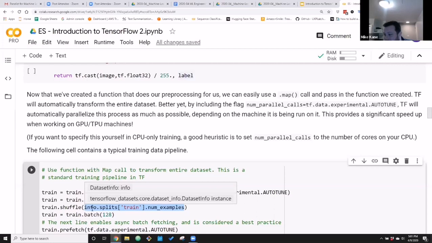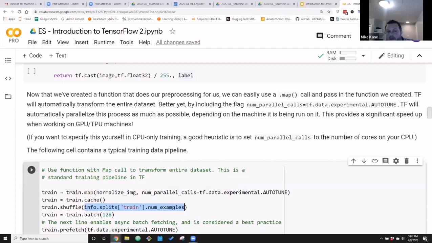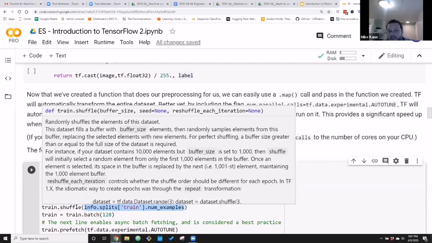It's not the data set itself. So I'm saying, hey, what is the num examples in train? The highlighted part resolves to 60,000. And I'm passing the number 60,000 into train.shuffle. So I'm basically saying, I want you to shuffle the first 60,000 items in this data set of 60,000 things.